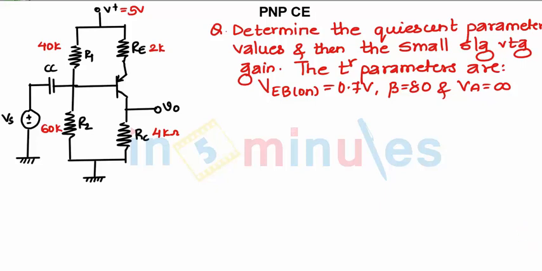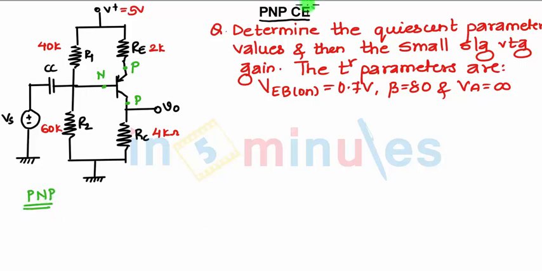In the previous videos, what we have seen, the transistor was NPN. Here we have PNP, common emitter configuration. Now, how to identify? Arrow is always from P to N. So the remaining terminal will be P. So it is nothing but PNP transistor.